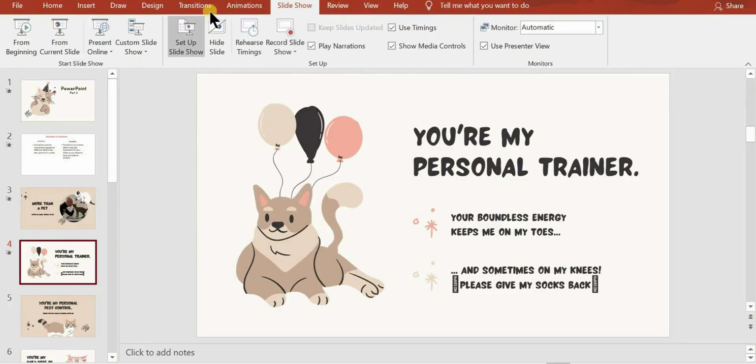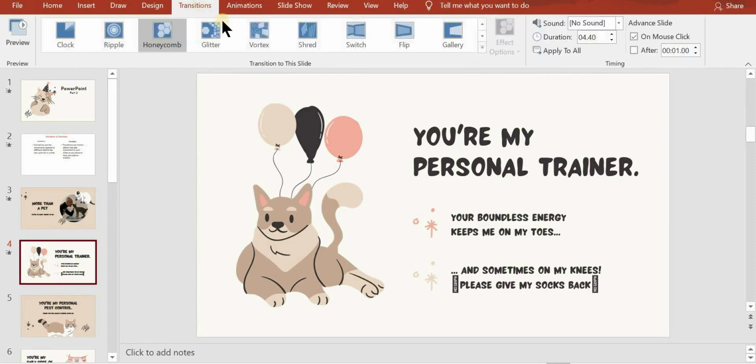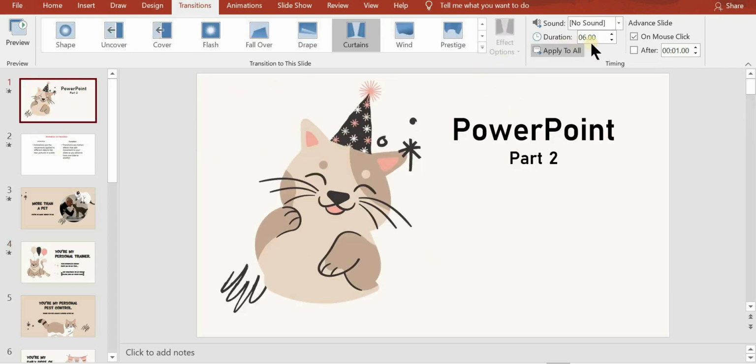And we can decide how long it should take to completely load that slide. So for that, there is an option called duration. Increasing and decreasing the duration time, we can increase the timing to load that particular slide. So here for the first slide, it is 6, I am changing that to 5 seconds. By clicking here, we can change the timing to 5 seconds.